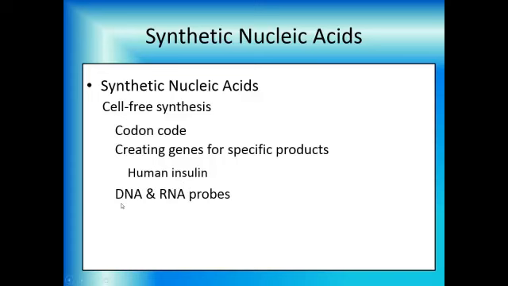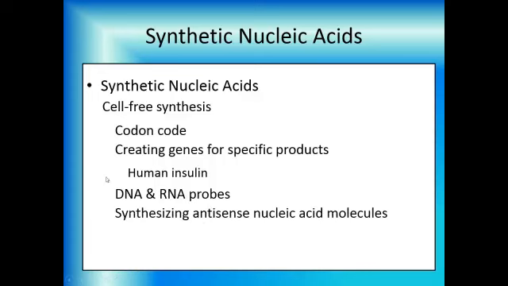We can make DNA and RNA probes. Now we'll be talking more about the uses of these when we talk about applications of recombinant DNA techniques. And we can synthesize antisense nucleic acid molecules. This is becoming a big movement of antibiotic researchers. It's non-antibiotic, and hopefully it will help us fight organisms that have become resistant to all of these safe antibiotics